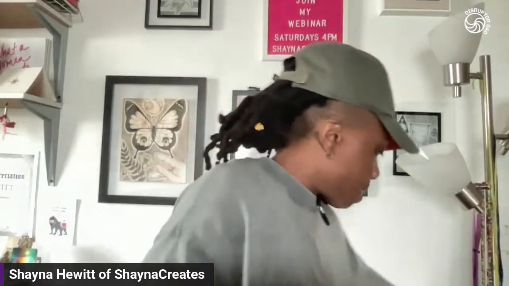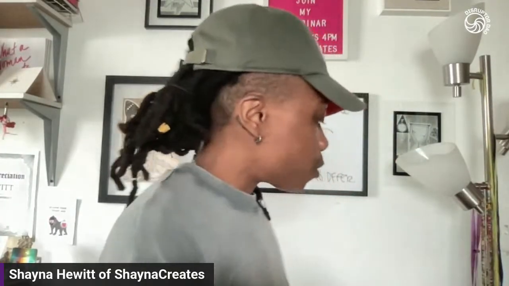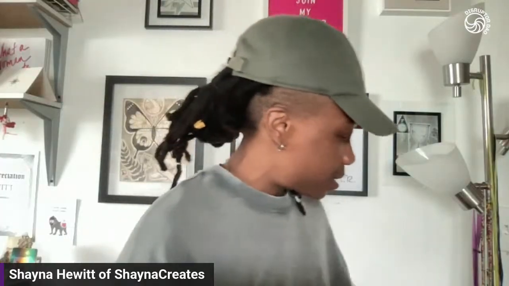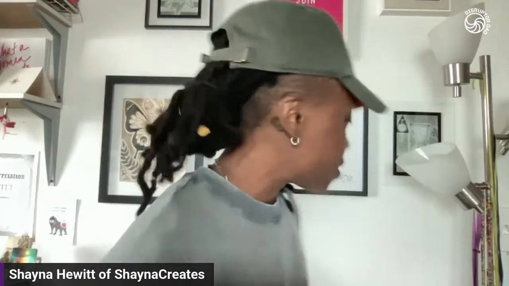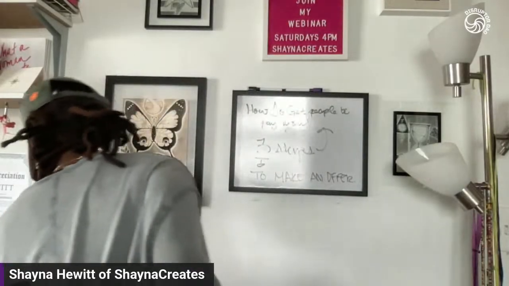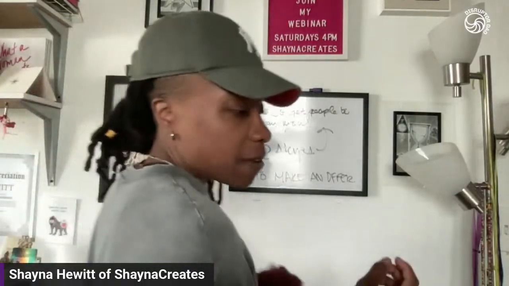All right, so let's get moving and grooving. That's what we're here for. Let's talk about how to get people to pay you. That's the most important part of the conversation, right? Even though this is a part of it, what we're doing right here is a part of the process, and it could be a part of your process too. But we want to talk about the three steps. So we're going to go ahead and actually identify which part of our framework we're working in.